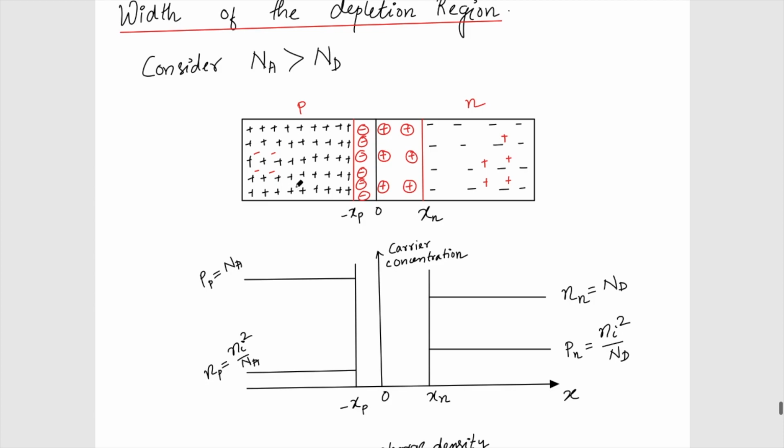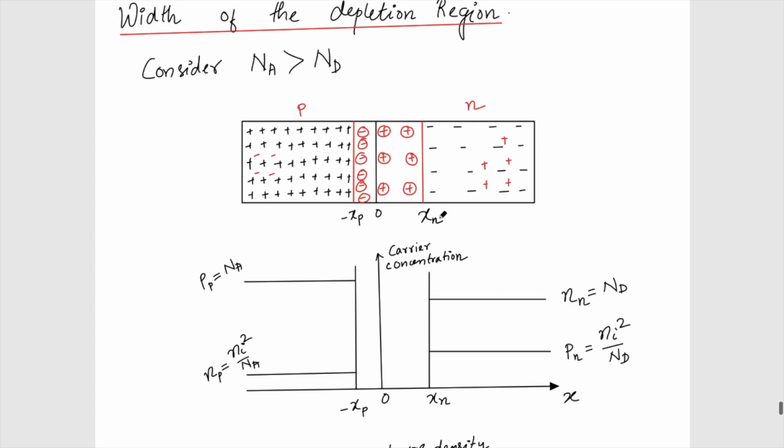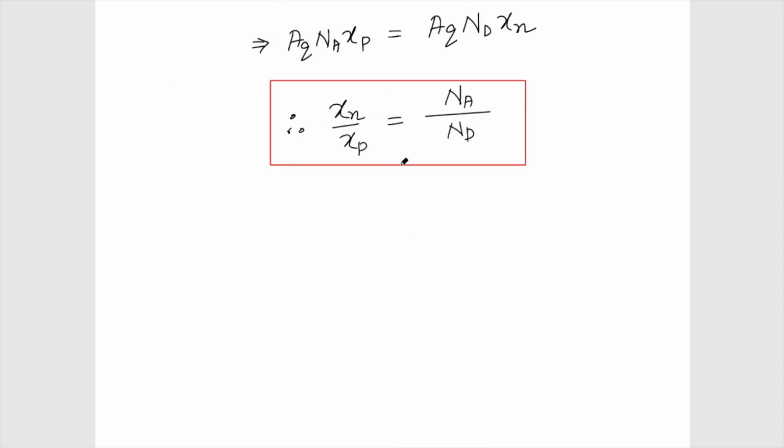Okay, so what we have seen here is that the ratio of this xn and xp will be inversely proportional to its doping concentration. Okay, so now the question is, what is this total width? What is this total width w, which is xn plus xp? So the xn plus xp can be given by,